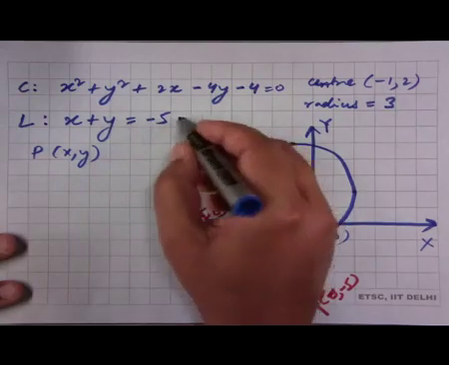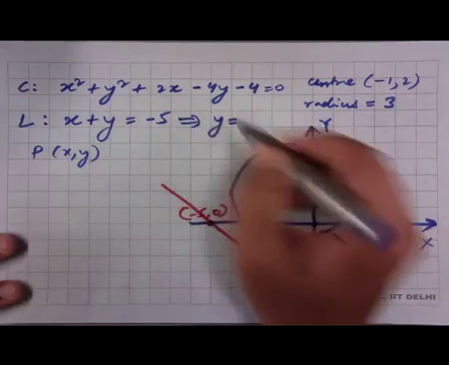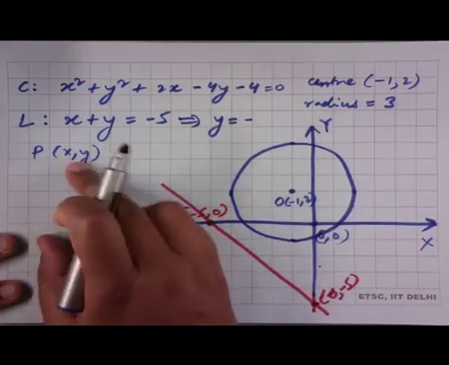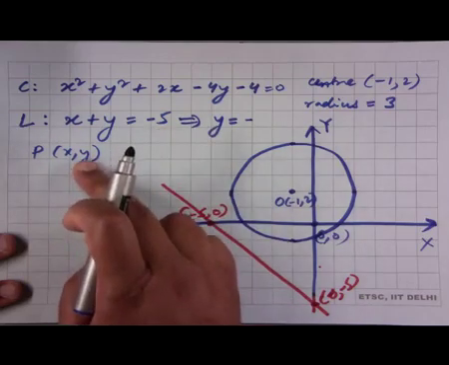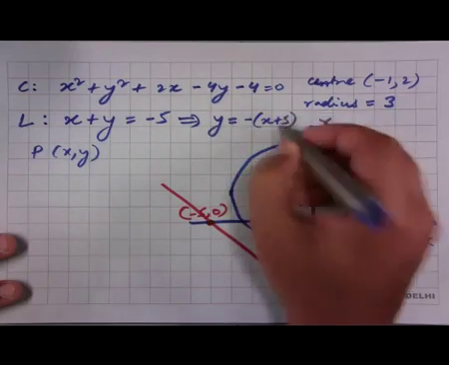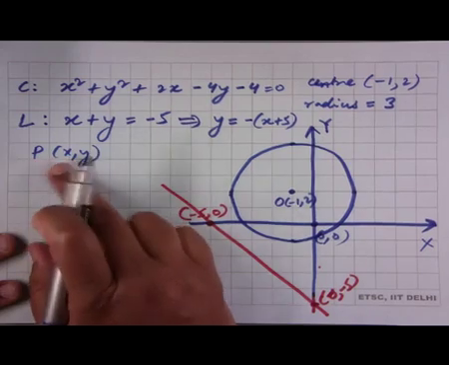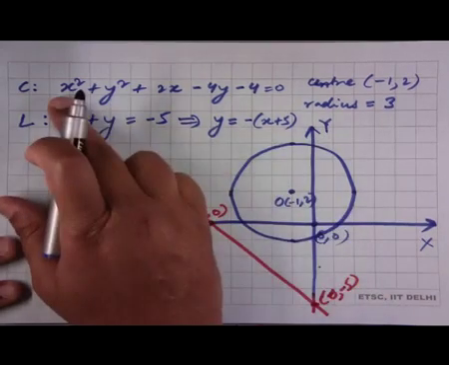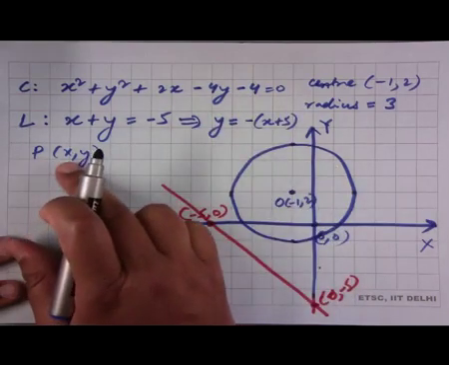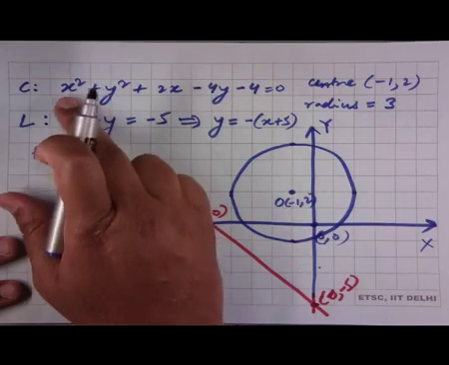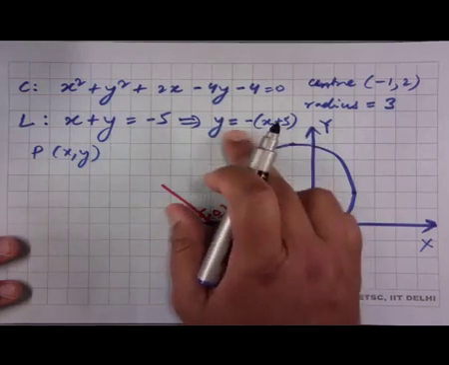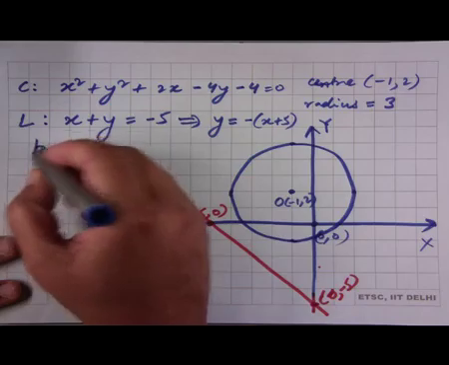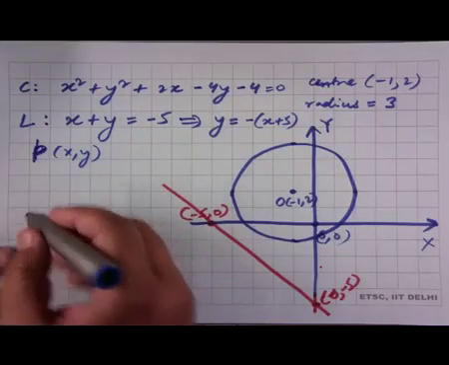Now, from here we know that, since this point also lies on the straight line x plus y equal to minus 5, the y coordinate should be equal to minus of x plus 5, where x is the x coordinate of this point. Using this fact in this equation here, because this point of intersection will also satisfy this equation of the circle, so, using y equal to minus of x plus 5 over here, we get